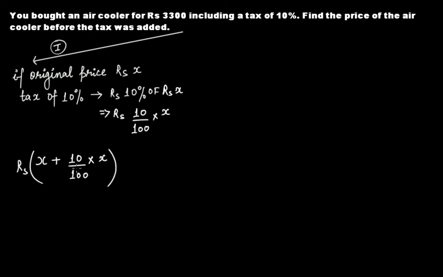Rupees, this one will be equal to how much? Rupees 3,300. Why? Original price X plus the tax that will be charged on this rupees X, that is 10% of X, will be equal to this, the final amount. From here, if you find out the value of X, you get,